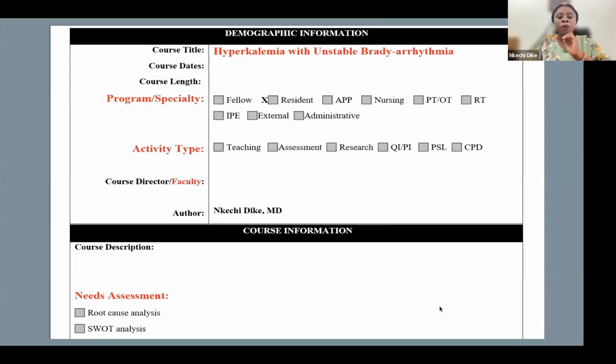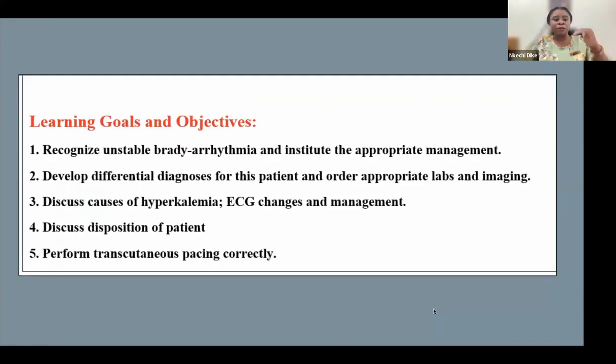We were clear about who the group of learners are. While this was designed for medical officers, we upgraded it and increased its difficulty for residents, and it was for teaching. So the activity type was for teaching. And then we went ahead and designed the goals and objectives we wanted to achieve with this. Looking at those goals and objectives, very actionable. For those who want to know, we use Bloom's taxonomy to define these learning goals. But at the end of this, we knew we were going to do a practice on transcutaneous pacing,